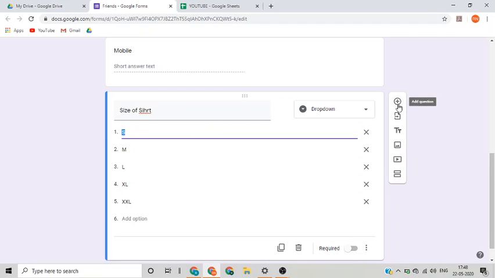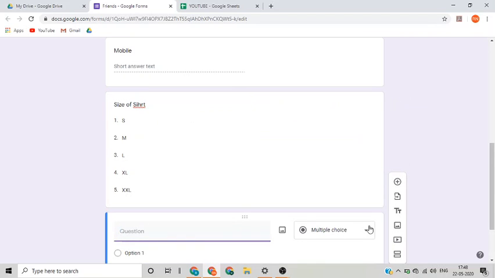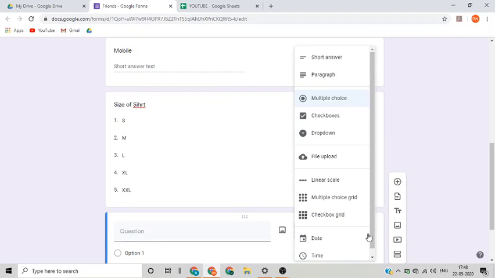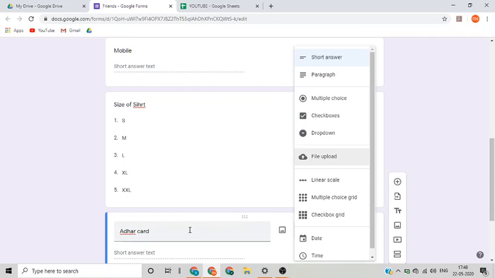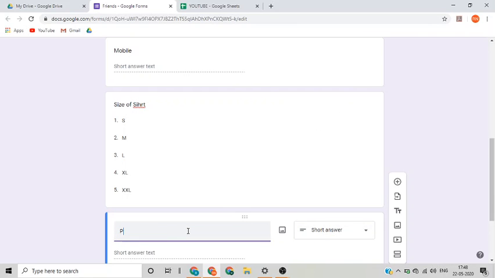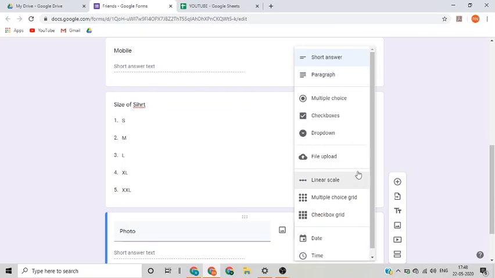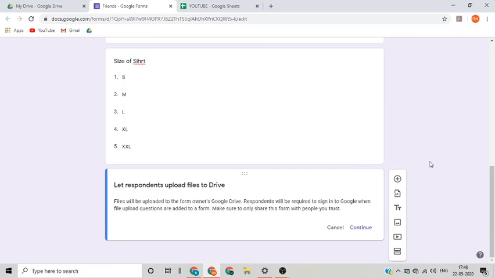We'll then move to the next question. Let's say a photo. So we want a photo of all our friends to be in our records, so we'll say file upload. This is just a kind of warning from Google.